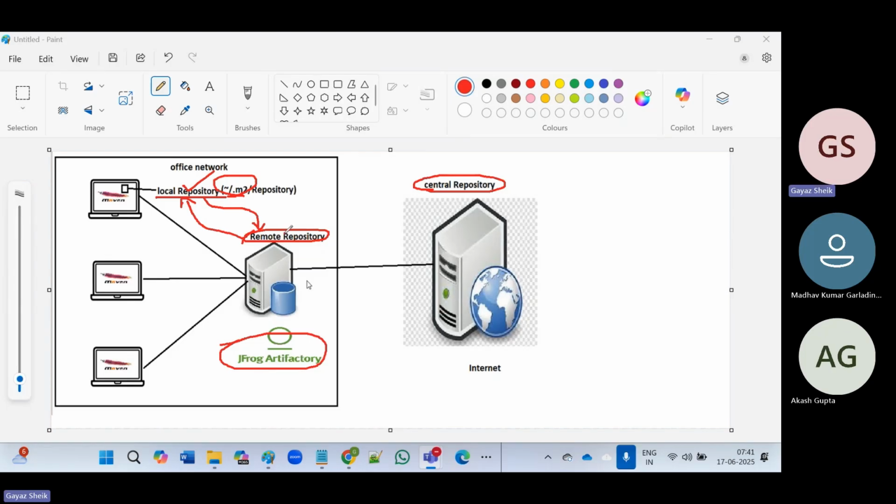So is it clear? Any doubts here? No, sir, it's good. Sir, I have one doubt. So this remote repository, is it